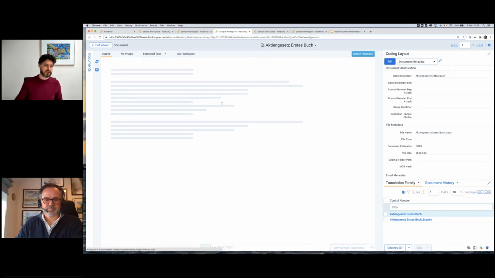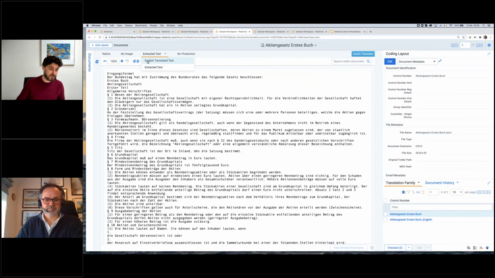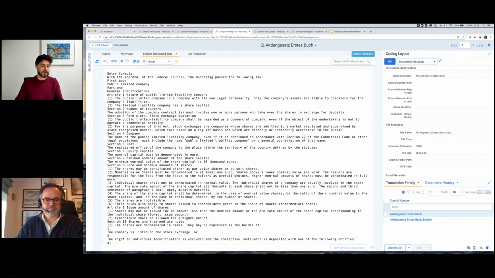So if we view the extracted text here of this German document, we simply look at the drop-down list. There's an English translated text option, and there is your translation. It's as easy as that. So that's a new long text field attached to that document. It's searchable, so you can run keyword searches on that field as you would any other field in the document.